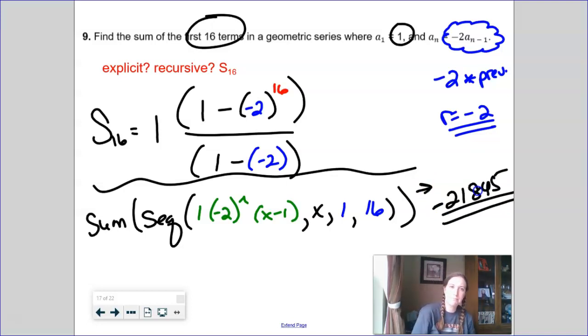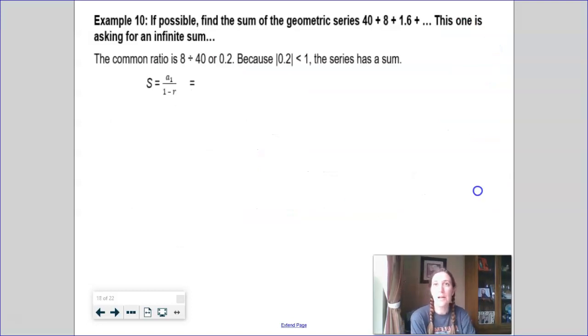Isn't that lovely? All right. So that is a good example of recursion coming back now in a geometric series. So that was super fun. Real quick,